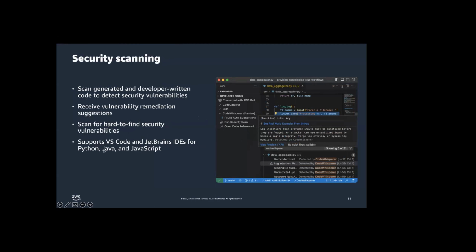And you can see here that this security scanning thing is actually showing in Cloud 9 here. That's what this little screen is, I think. But they're talking about that it supports it in VS Code and in IntelliJ. So